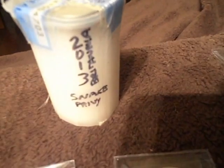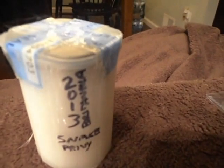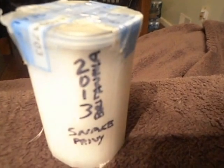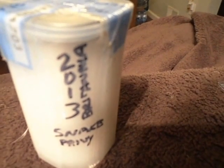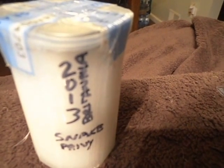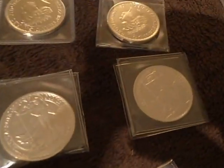a great deal. And I got a tube of the 2013 privies for that year, which were the snake privy. I scored a nice little deal on it. I got them for $22.35 a piece. So this cost me $514.01, which all over the internet, when I look, even with silver at 15, is still a fantastic deal. $22.35 a coin for the tube, and then I bought 6 more at the same time,